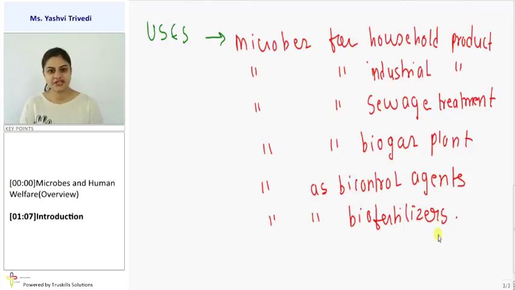As biocontrol agents, certain microbes are used instead of chemical agents, through which there can be pollution in the environment. For example, insecticides, pesticides, fungicides are chemical agents which cause pollution of the land or of the atmosphere whenever they are used. So whatever function is done by those chemicals will be replaced by microorganisms in a biological way. So that won't create pollution. In that way we can use microbes.